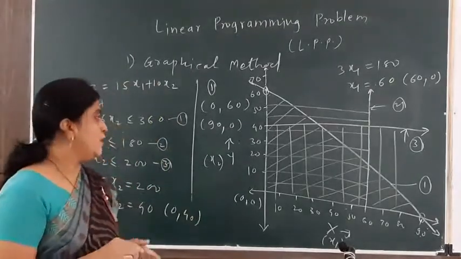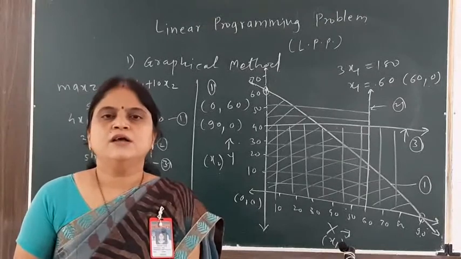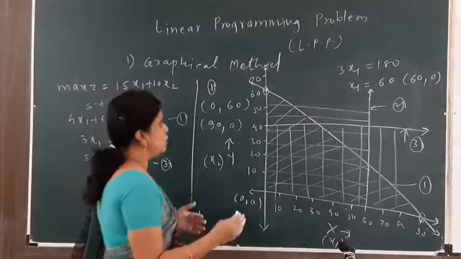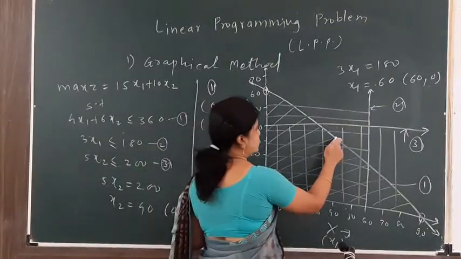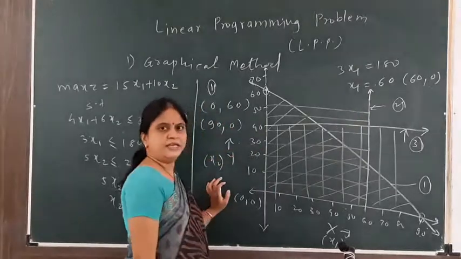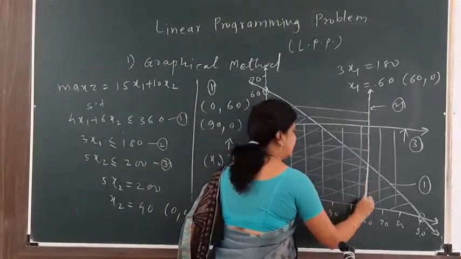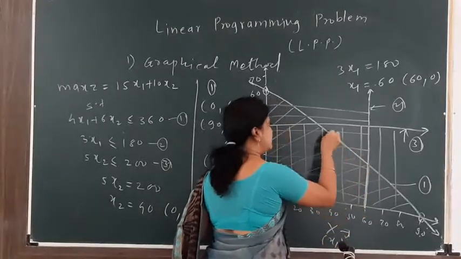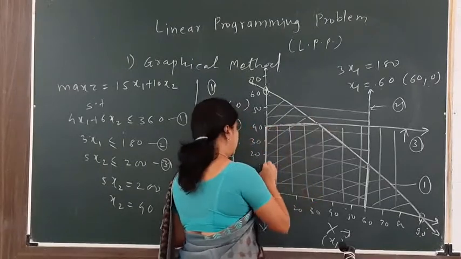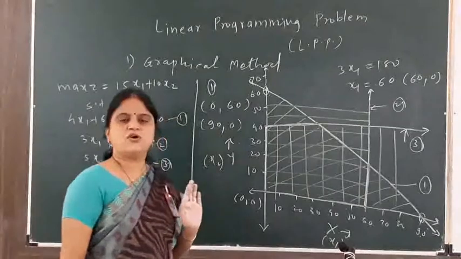Okay. So now to find the solution of the LPP, we can find the area under all these three equations. This is my equation 1, this is my equation 2, and this is my equation 3. And the area under these three equations, you see, I can highlight the region as this. Okay. So this is the only area which covers all the three lines.